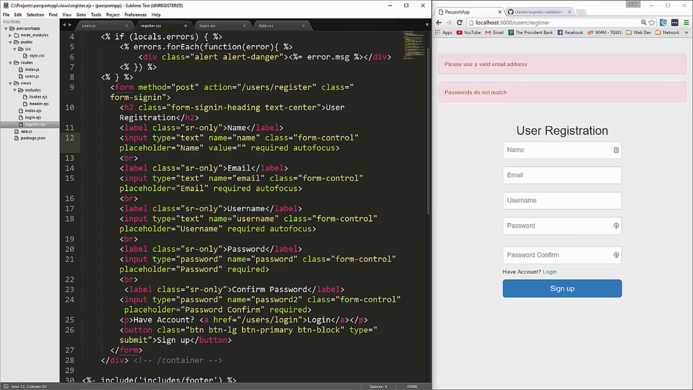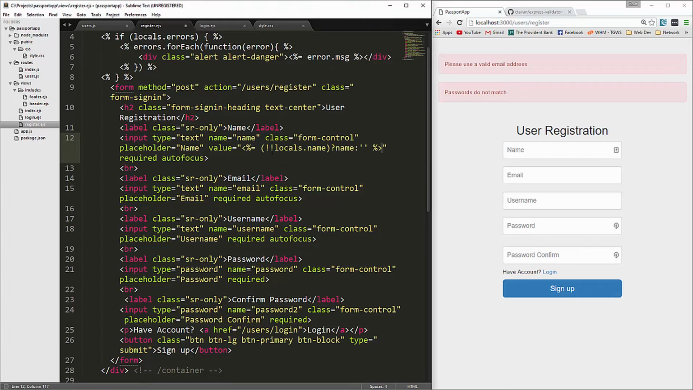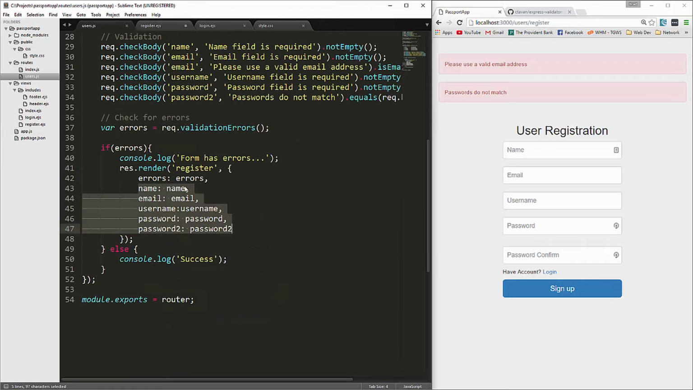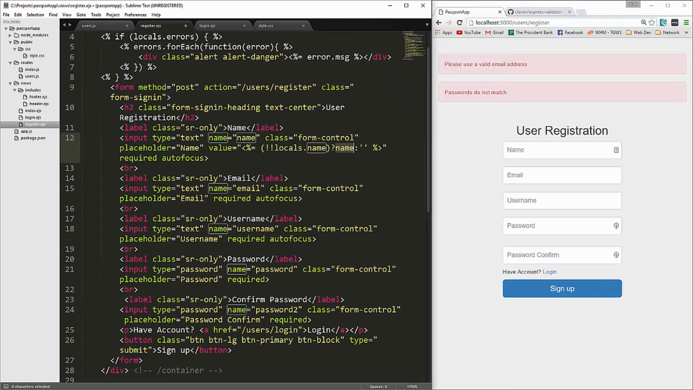Okay, we're going to put a shorthand conditional in here. Let me just grab that real quick. Okay, so basically we're saying if there's a name, locals.name, then we want to display that. Okay, and name is coming from right here. That's whatever we pass in. So we want to do that to all of the fields. So I'm going to copy this whole thing, this whole value attribute,